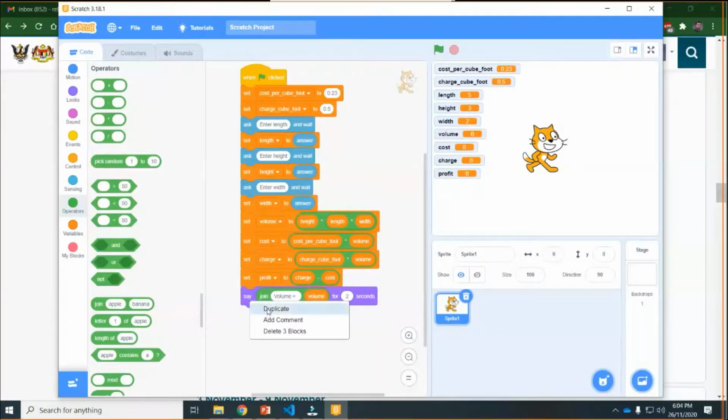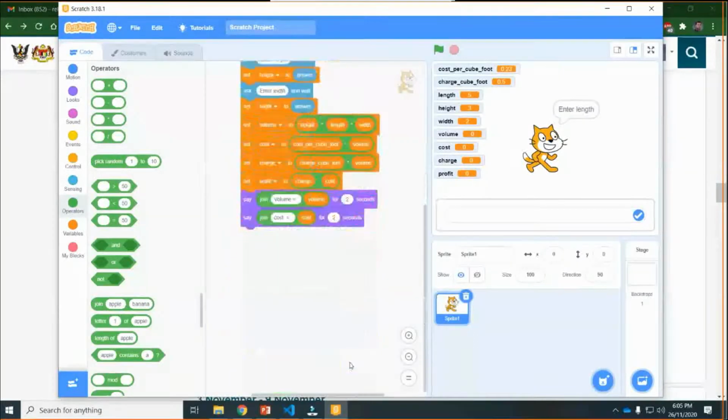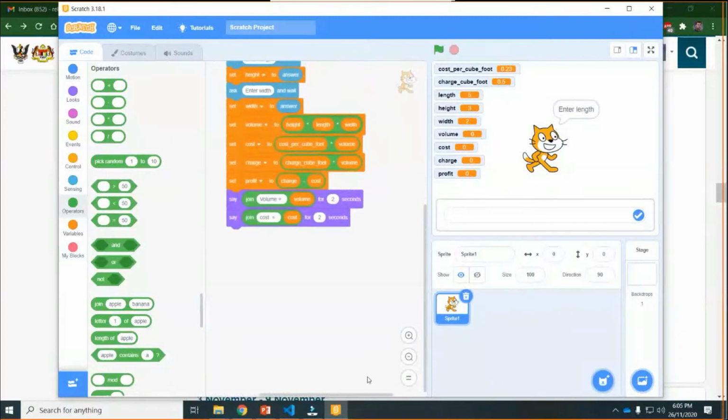The same thing I need for the next one, so just duplicate. The next one should be cost. Cost equal to, and I should bring cost. Where is cost? Cost is this one, right? I can simply duplicate and bring it to this. And this one, if you want to delete it, just drag it to the left and leave it. It will delete automatically. At the bottom there is somewhere a recycle bin.